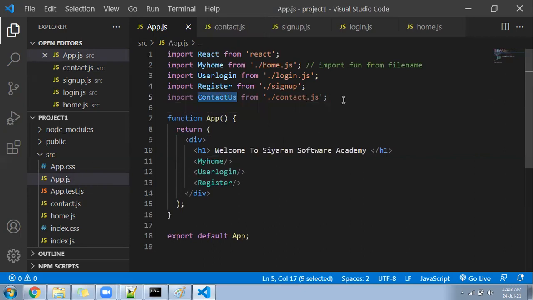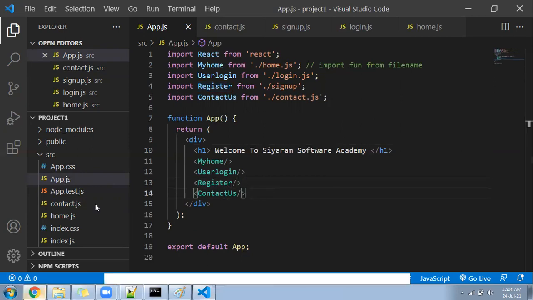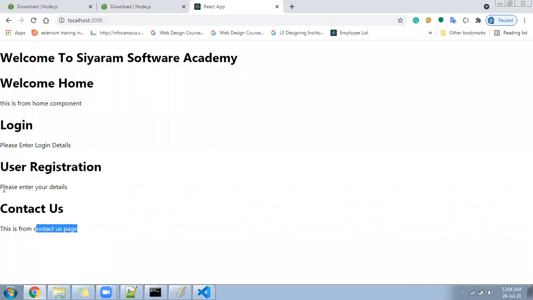Import contact us from contactus.js file. Come down in the last and add the component here, call contact us. Save it. After that, you will be able to see the contact us component in the browser. Let me show you how that looks. Of course, it's coming here.